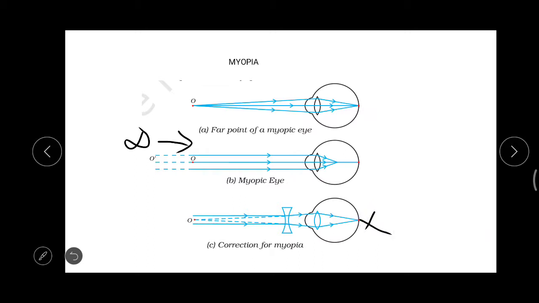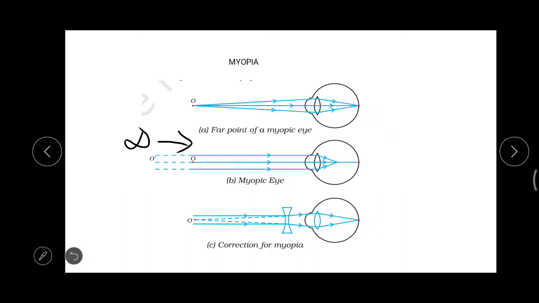But in the case of a myopic eye, the distant object's image is formed in front of the retina. The two reasons we have discussed are, first, the elongation of the eyeball. That means maybe the retina was here, but it got elongated and shifted to almost this point. Otherwise, the focal length is reduced. Those are the two reasons given. So that is regarding myopia.